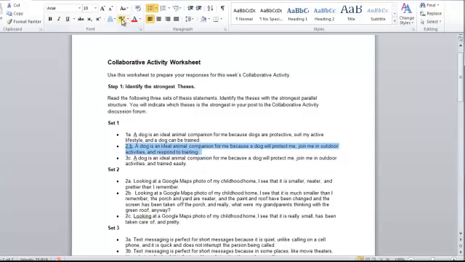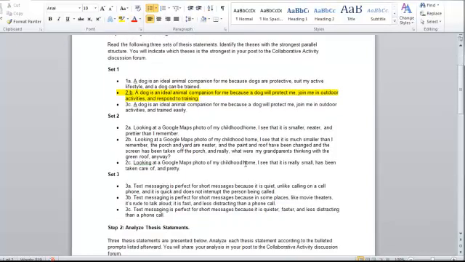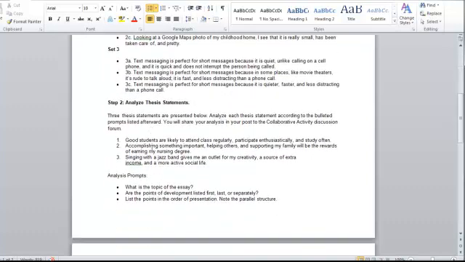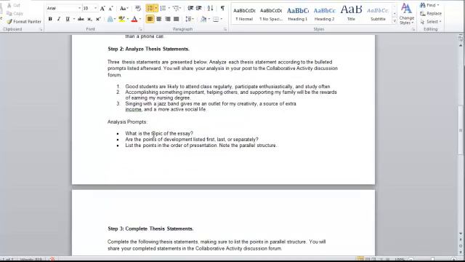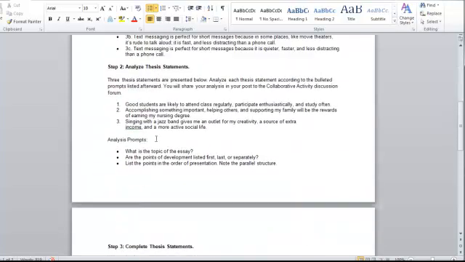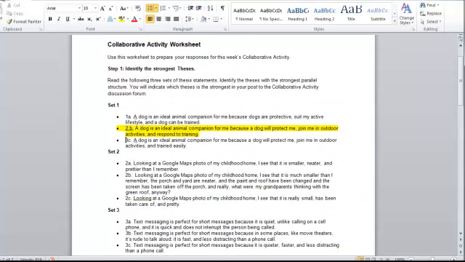Mark that however you want to. It would be easy to just highlight the text by clicking the highlight button up here and then moving on to the next one. So don't worry too much about the format as long as it's clear what your answer is. Once you've filled this out, you're going to want to save this to your computer wherever you want to put it,